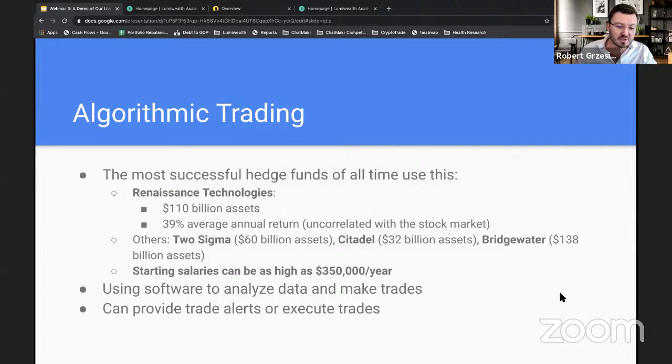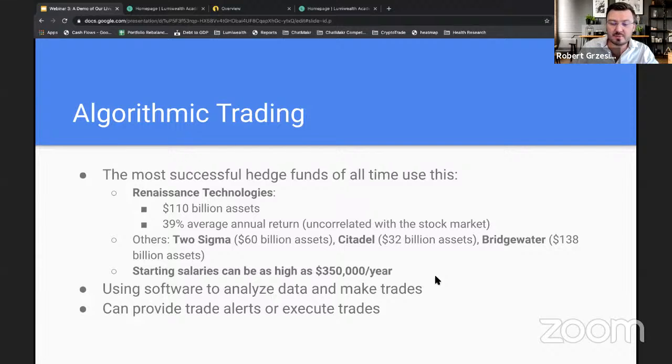But a lot of these other hedge funds are very similar. Two Sigma does a similar sort of thing. Citadel, Bridgewater, they all work on algorithms. So it's definitely a good skill to learn, if you ask me. And just to tell you also, if you want to get a job at any one of these firms,